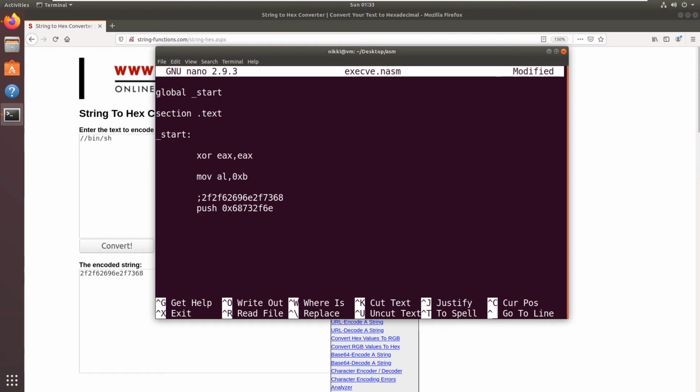A push operation pushes a maximum of 4 bytes, because we are in 32-bit architecture. Now push the remaining bytes, 0x69, and then 62, and then 2f 2f.